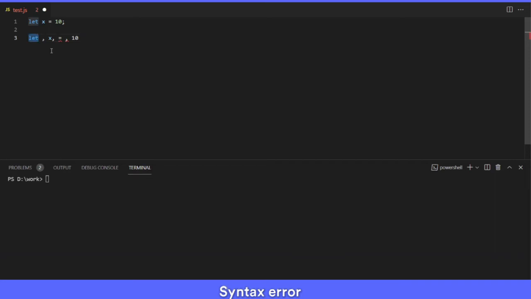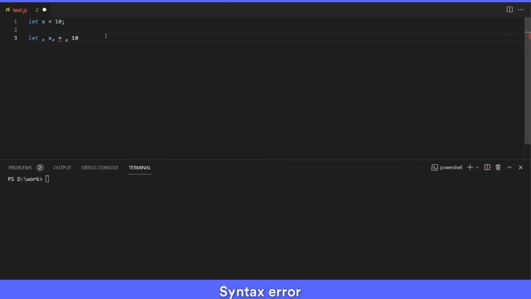The next step would be to make sense out of these chunks. So what it does is it creates a tree-like structure called the abstract syntax tree. This tree will basically give the JavaScript engine an idea of what this code is exactly trying to do. So it will try to assign meaning to all these tokens. It will say that let is used for declaration, x is the identifier, equals is used for assignment, 10 is the actual value. So it tries to make sense out of these tokens.